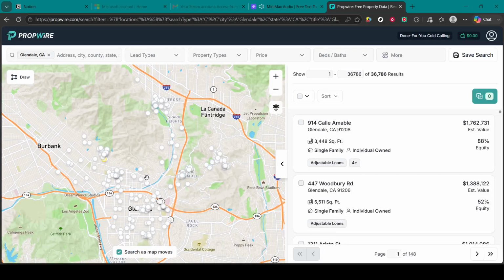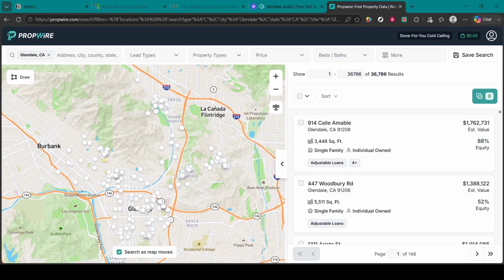In this video, I'll guide you through how to find cash buyers in PropWire account. Finding cash buyers can be extremely useful when working in real estate, especially if you are involved in wholesaling and need a reliable list of potential buyers for your deals. Having a strong cash buyer list can help you move properties more efficiently by connecting with people who are already